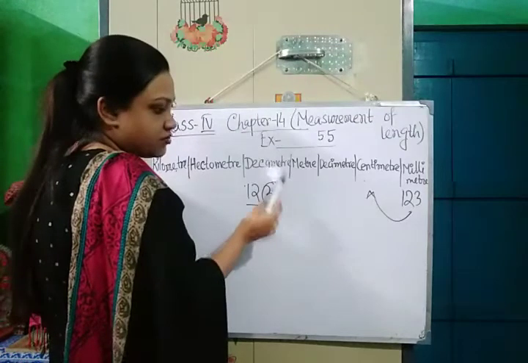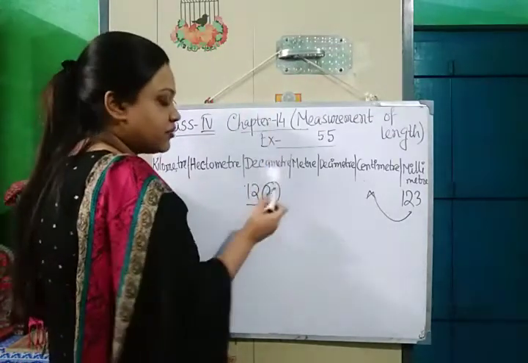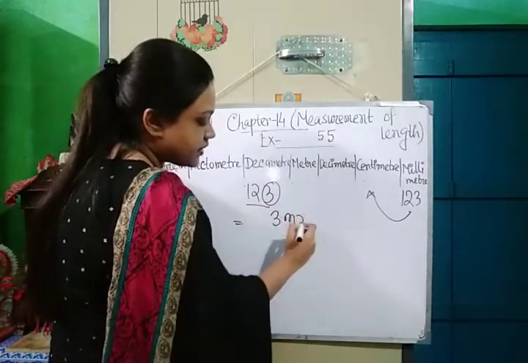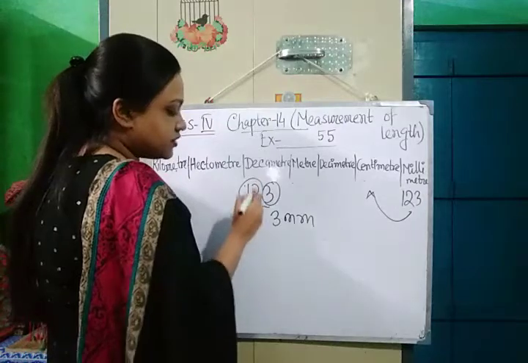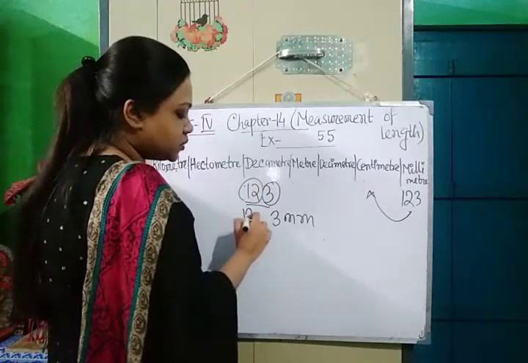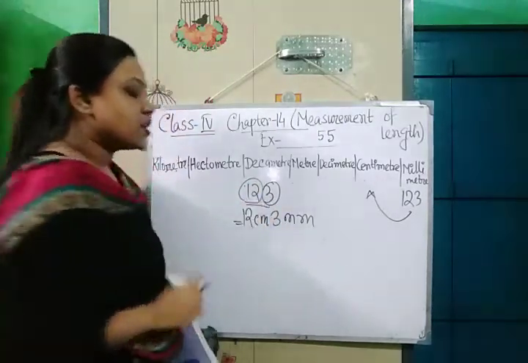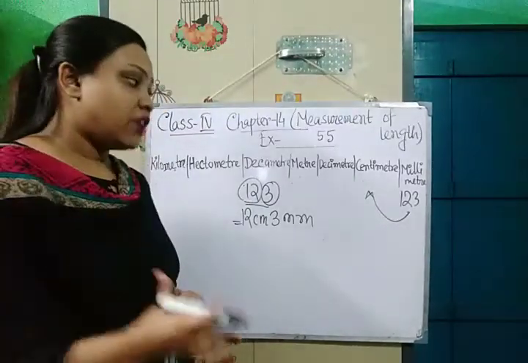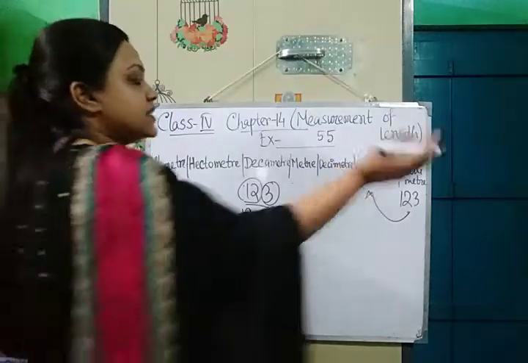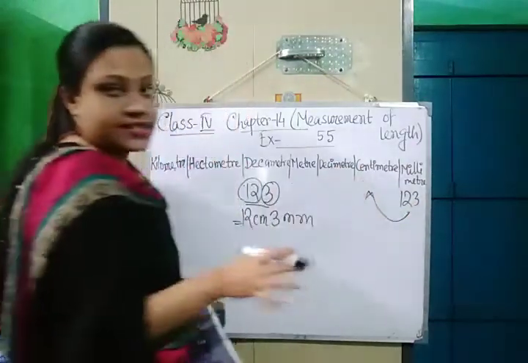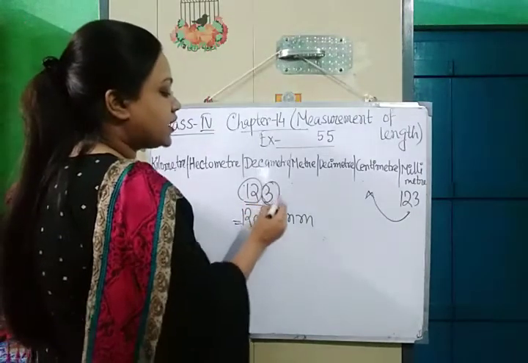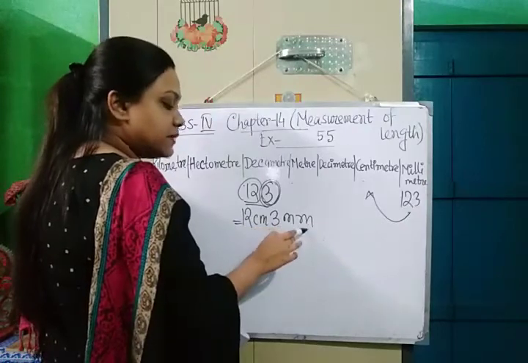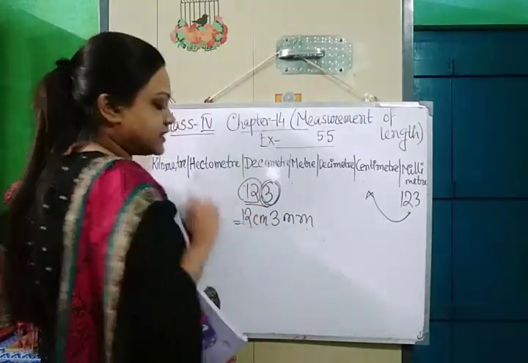From the right of the number, or from the end of the number, we will take only one digit. So 3 will be millimeter, and the remaining digits, 1, 2, will be centimeter. Again I am repeating the short form by which you can find this without dividing by 10. Since we are moving to the left one place, you take only one digit from the end of the number, that is 3. 3 will be millimeter and the remaining number will be centimeter.